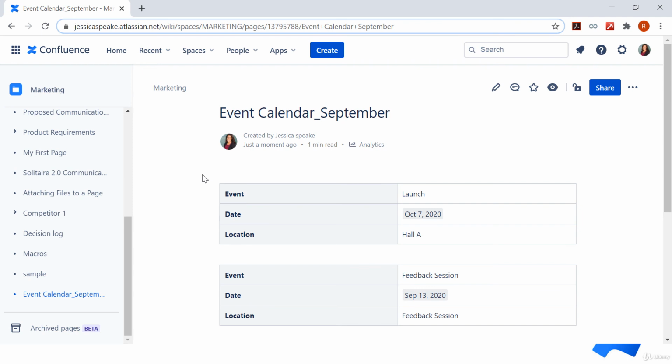Now let's look at how to create a global template. As mentioned earlier, global templates can be created by Confluence administrators and are available in all spaces within Confluence. Before we move to global templates, let's see whether this particular template which we have created can be used for other spaces as well. Currently we are on marketing space.